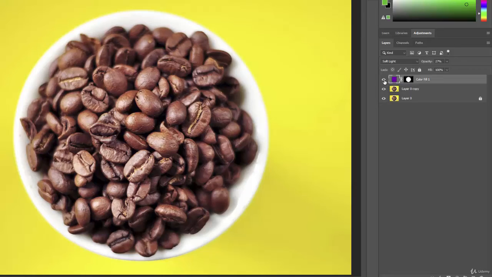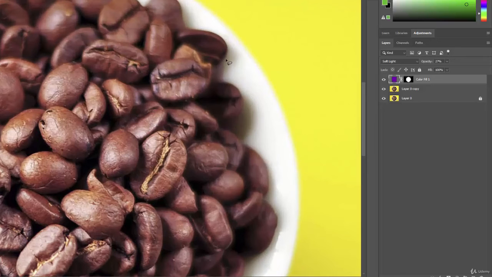So it's a subtle shift, but it really brings a lot of richness and color, especially with this really intense yellow background. You want these coffee beans to have some pop and some life, right? Okay, and you can sort of see along the edges, things look pretty good where we did our selections well. But if you continue to follow your eye around this corner and you get to this part right here, I'll zoom in so you can see,